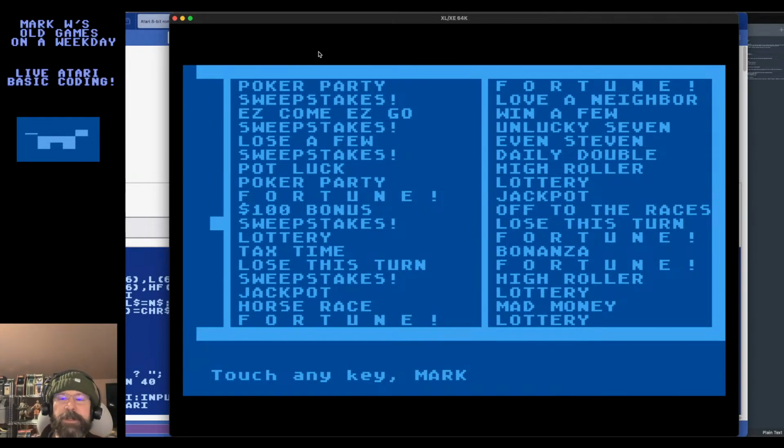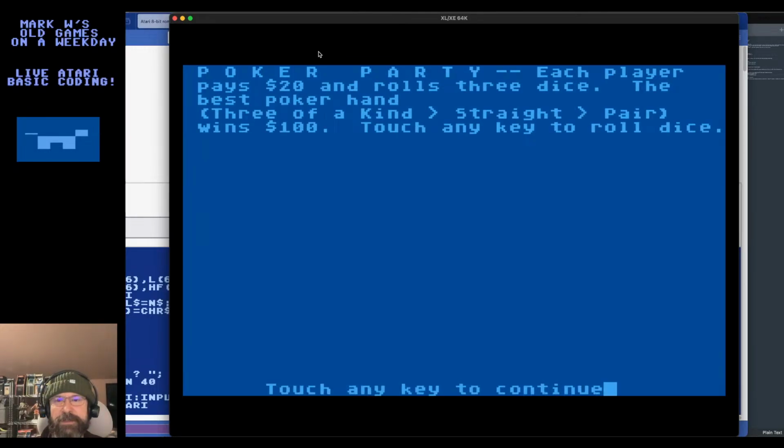Okay, we're going to Poker Party to remind ourselves how this dice rolling stuff works. And I have a good idea, but it's good to see it again anyway. So this is what I kind of want to model it after, because you can see each player pays $20 and rolls 3 dice. And the logic is poker-like. So that's not what I want to model it after. I don't care about the poker logic. What I care about, though, is the 3 dice rolling, because we're going to be rolling one, 2, or 3 dice per player. Actually, for some players, we're going to skip them and roll no dice.